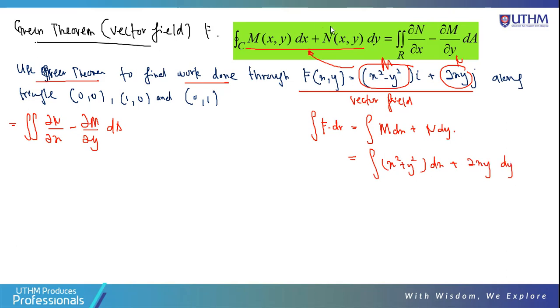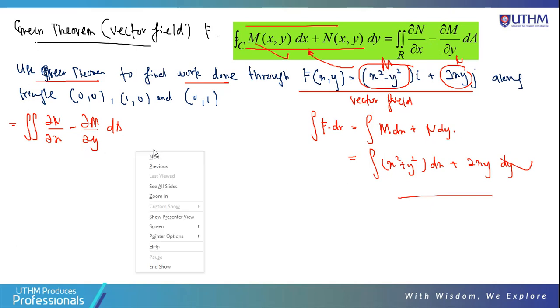Have you got this form? Is it the same? Okay, and then you can use the Green theorem. This is settled. Don't look at m and n here anymore, you proceed here with the formula. Then you can use this formula. The same, this one is m, this one is n, then using this formula,